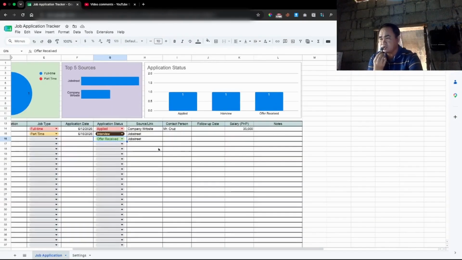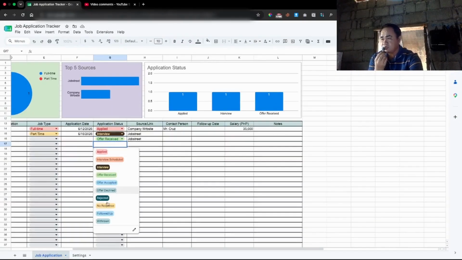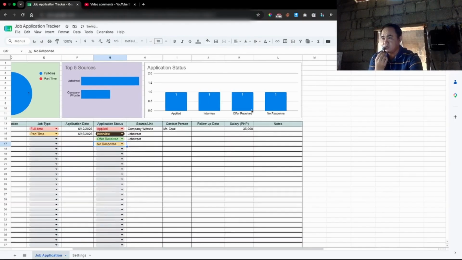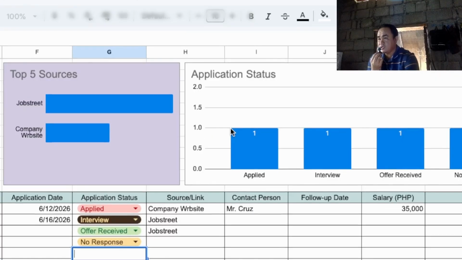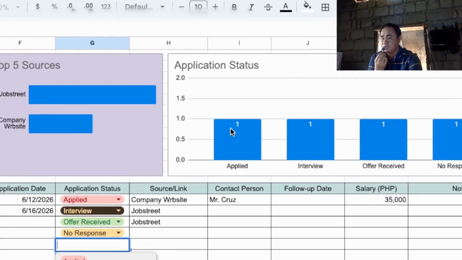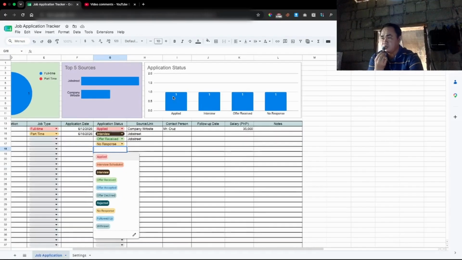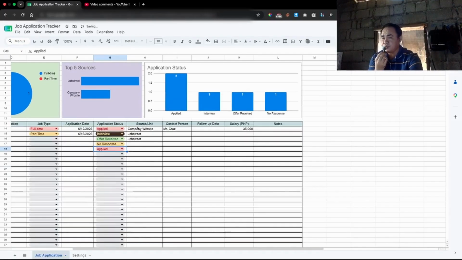Let's see it in action. You can select, say, no response, and it will automatically appear here. Let's add another applied. Notice, guys, that this applied count will change accordingly. As you can see, our template is dynamic.